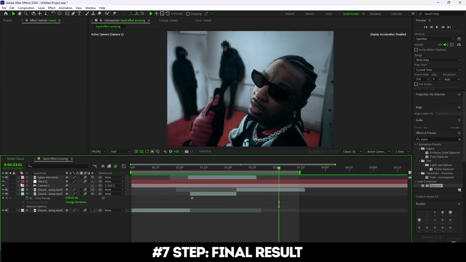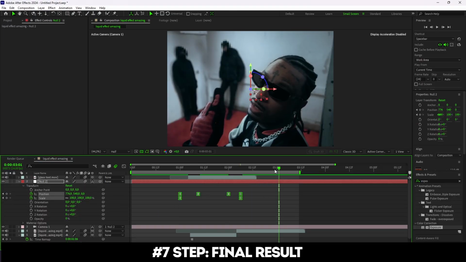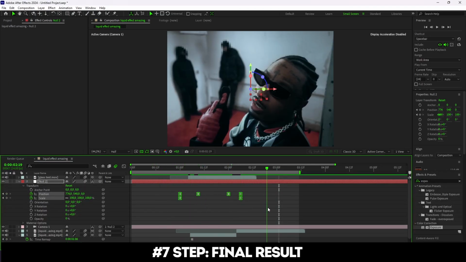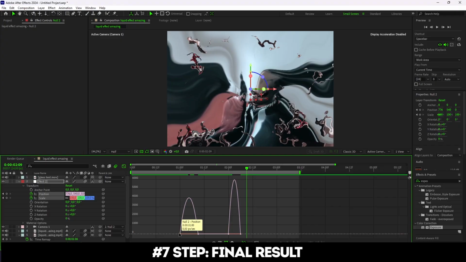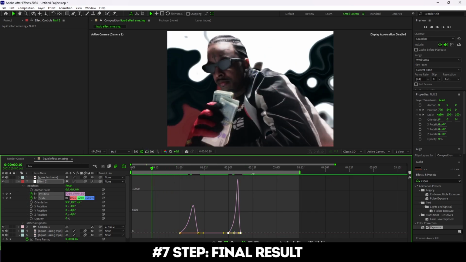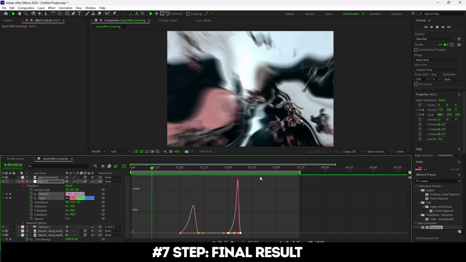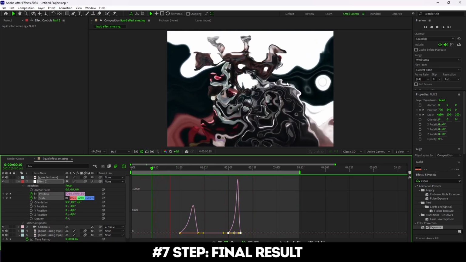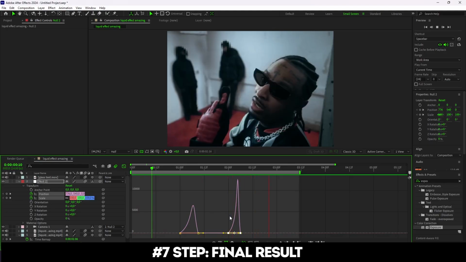The only thing you might want to do is fine-tune the keyframes for smoother motion. For that, just select them, hit F9 and adjust the graph. But honestly, this step is totally optional. And this is the result I end up with. Guys, I think we pulled off a really sick effect and we did it in just 10 minutes. I think that's an amazing result.